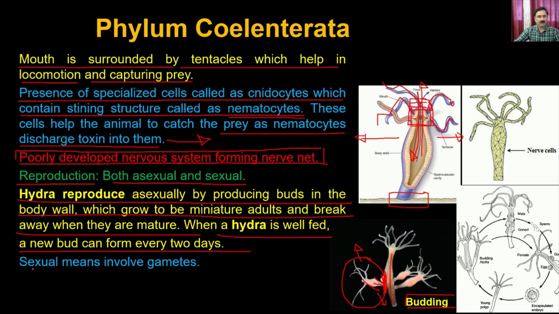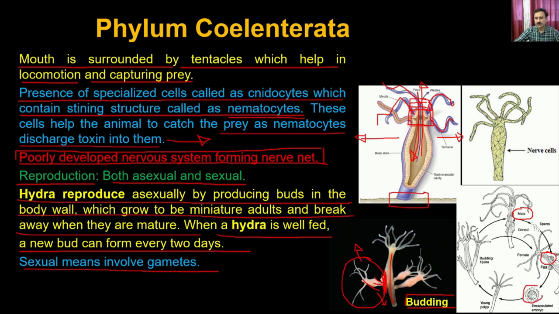In the sexual means, it involves gametes. So how does sexual reproduction occur? In sexual reproduction, you have a male, which is actually a bisexual animal. It is going to produce sperms. Sperms are going to be received by another hydra, and that's how it is going to have fertilization. Post fertilization,